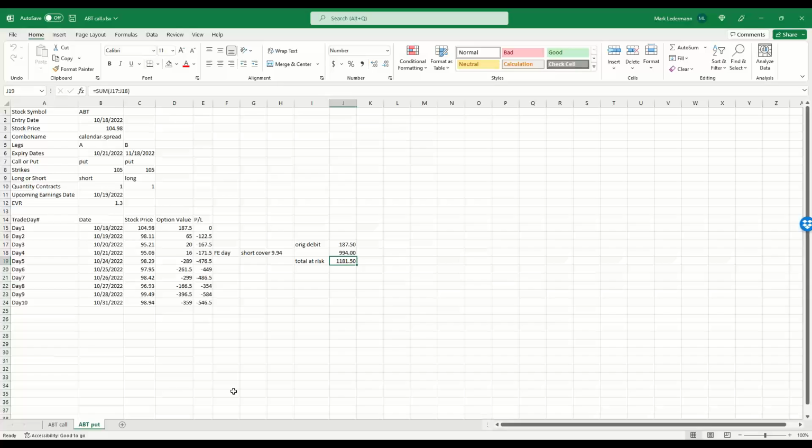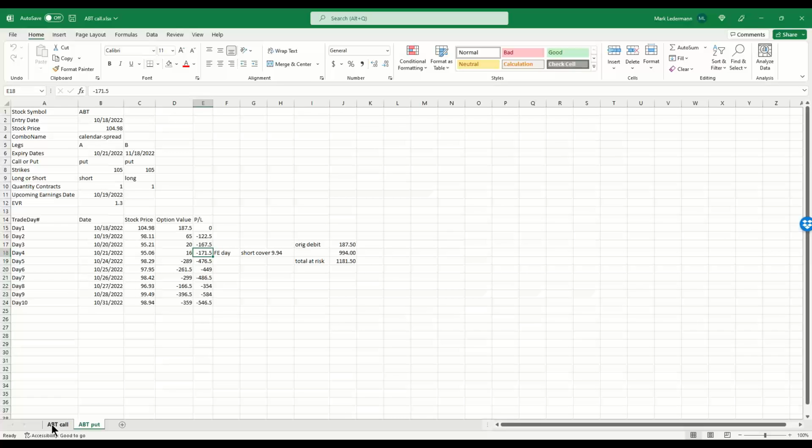Now, I hope I've explained that. I hope I haven't confused you. It can be confusing, but let me continue on because there's just too much to cover here, and time goes by way too fast. Again, the main point I want to make here, and I'm going to leave all that other information aside, is that the put and call calendars act almost exactly the same through FE day.